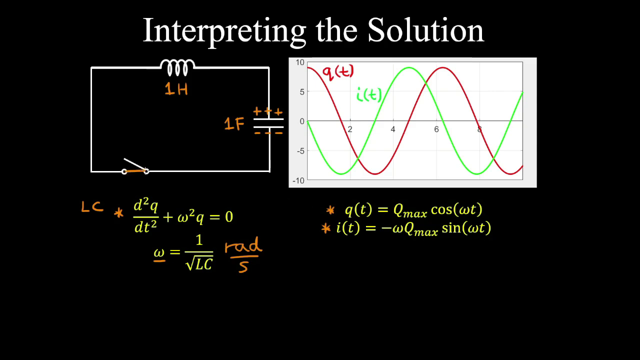So when this switch is closed, the inductor resists the flow of current initially, and then current begins to flow through the circuit in this direction. And here we're using the direction of conventional current. So as current flows to the inductor, the capacitor discharges. So at this point, there's no more charge on the top plate,